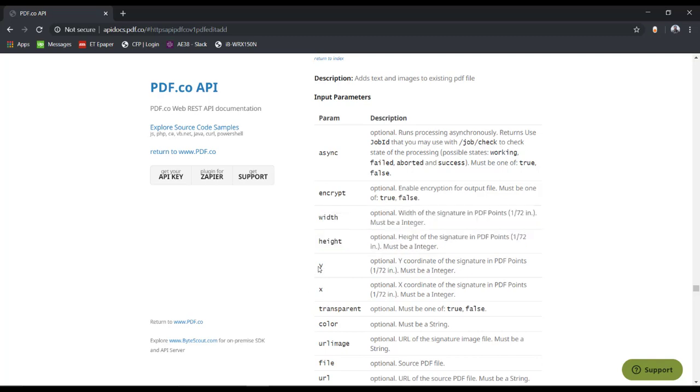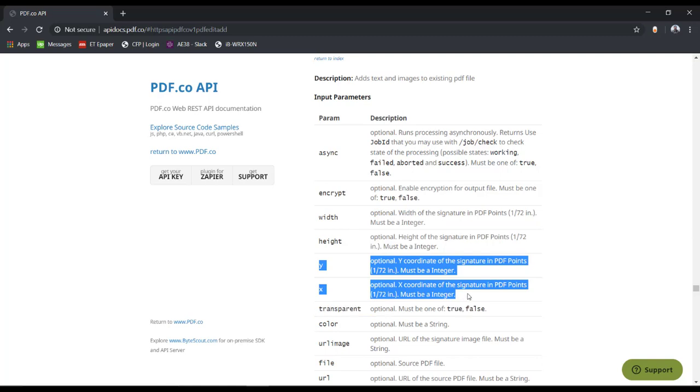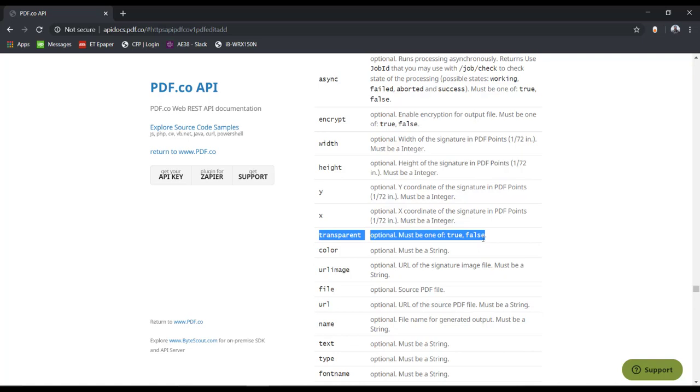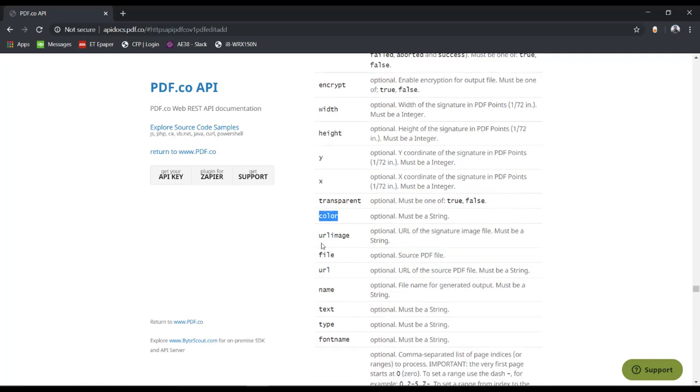These are the coordinates to where we want to add the image or text. If you want the text or image as a transparent version, then we can enable transparent true. The color of the text, and the URL of the image file which we are going to add. These parameters are for the source PDF.